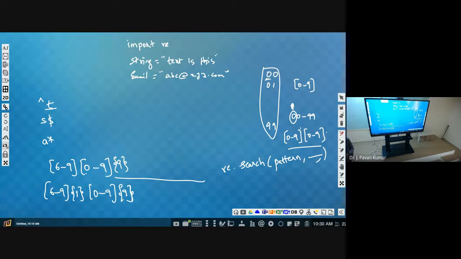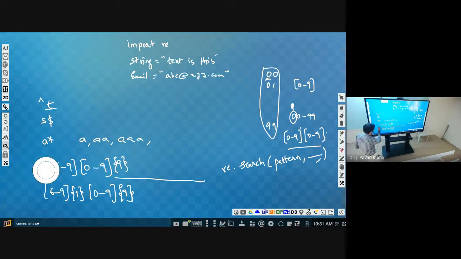What does it indicate? 0 or more occurrences of A. A star in the sense 0 or more occurrences of A. That means, whether it is valid or not: triple A is valid, empty is also valid. A star in the sense 0 or more. 0 occurrence means nothing will be there. Understand? So A star means this.